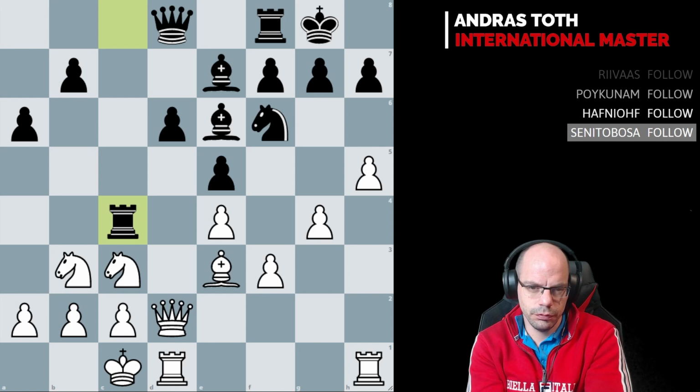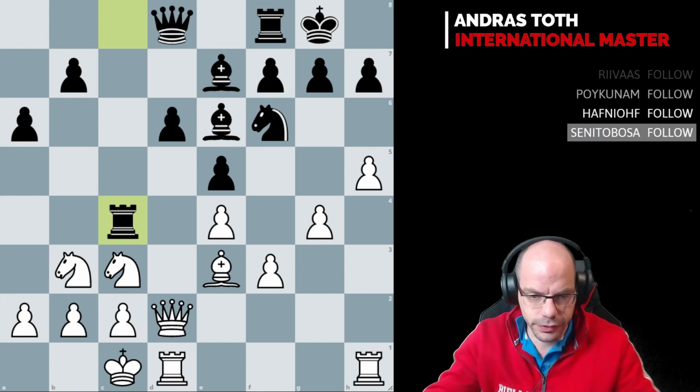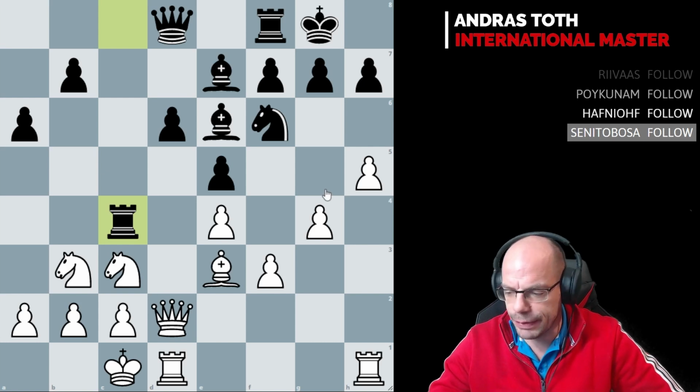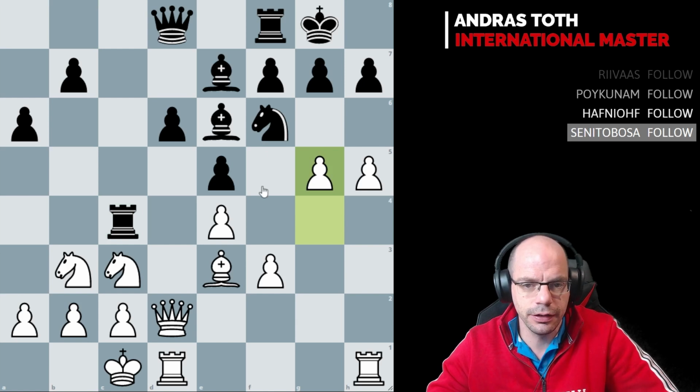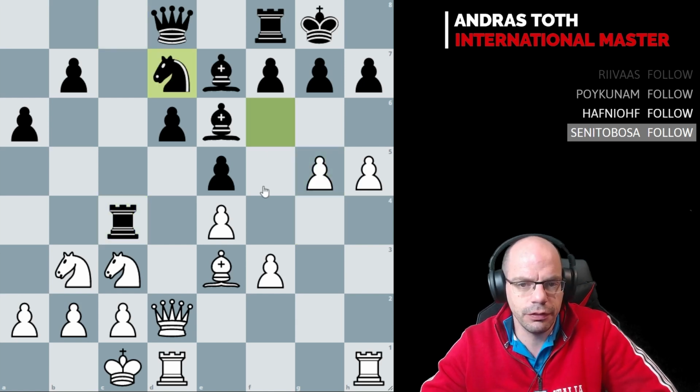Yeah, it seems like we can start with the pawn storm, or continue with the pawn storm at this point, with g5 of course. As legendary Ben Finegold would say, what else? It's a must. Absolutely, no-brainer. g5.